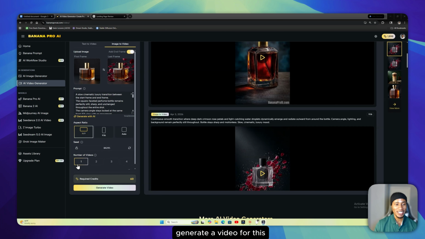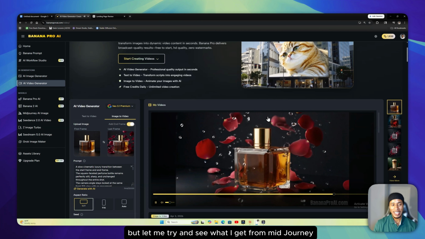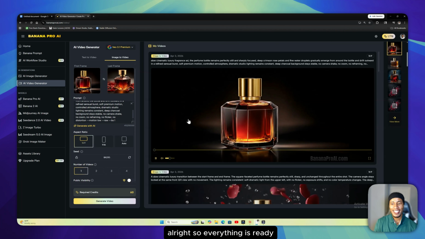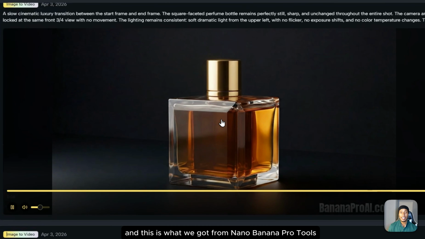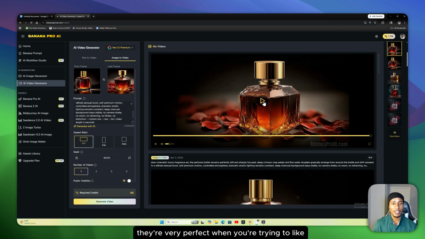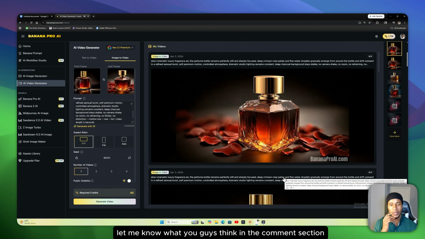Generate a video for this. So as you can see right here, the video is ready and looks nice, but let me try and see what I get from Midjourney. Alright, so everything is ready. So that is what we have from Midjourney, and this is what we got from Nano Banana Pro 2's images. They're very perfect when you're trying to like reveal a new product to your customers. Personally, I will take the Nano Banana Pro 2 images, but let me know what you guys think in the